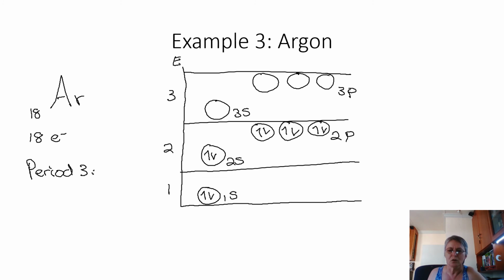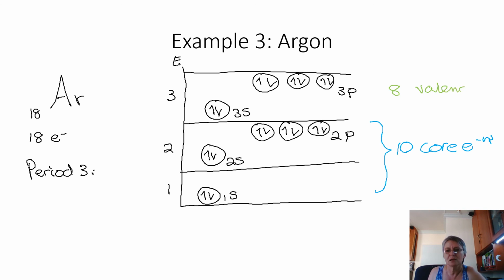So these are my core electrons. There are 10 core electrons. To carry on, 1, 2 for Pauli's exclusion principle in the 3s, Hund's rule, 3, 4, 5, 6, 7, 8. 8 and 10 is 18, so I've got 8